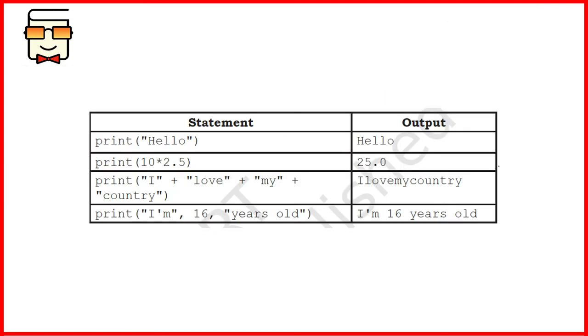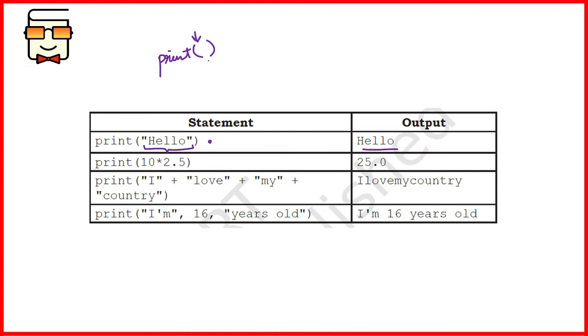Coming to a very quick explanation of the examples that are present in your book for the print statement. In this case, you have a print statement that has the string value hello inside it. So you can directly print hello here. Okay, so you must remember, if you directly write a print statement without giving any value here, then what would happen? See, giving a value is not compulsory.